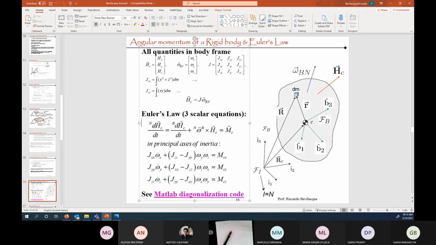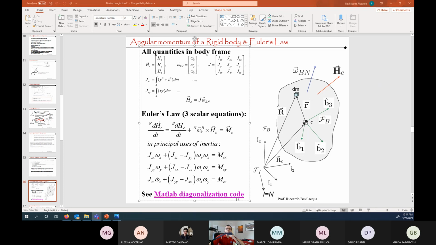Euler's law is really the first and last terms of this equality that you see. The rate of change of the angular momentum vector of the rigid body with respect to the center of mass, computed by an inertial observer, equals the external moments acting on the rigid body. So these are torques or forces that are not applied to the center of mass. Everything summed up is the external actions, rotation-wise, acting on the rigid body. And so